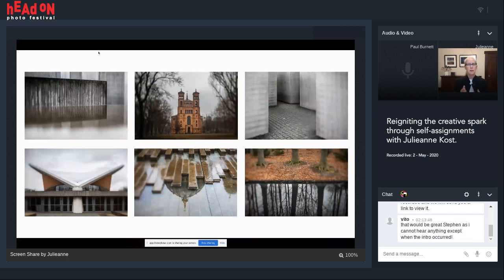So you'll notice in a lot of these images, there's just a small sliver of the photograph that's actually in focus. And like I said, I limited it to just one day, and I committed to it by actually extending my trip to Berlin for one day. So that kind of created a financial investment or incentive for me to do the project. So even when it was raining, it was like, no, I just have to get out there and do that.